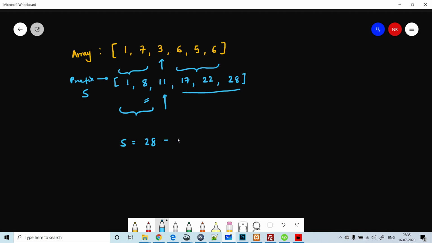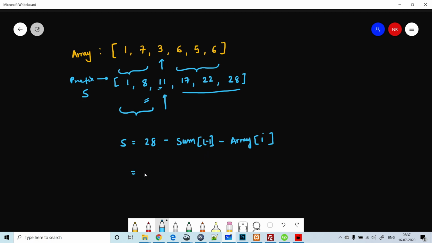You will subtract your sum from the left hand side, so let's say the sum of L, so that will remove this portion. Now we can remove this current index value from the array itself, so that way we will get the sum of your right hand side. This is going to be L minus 1.